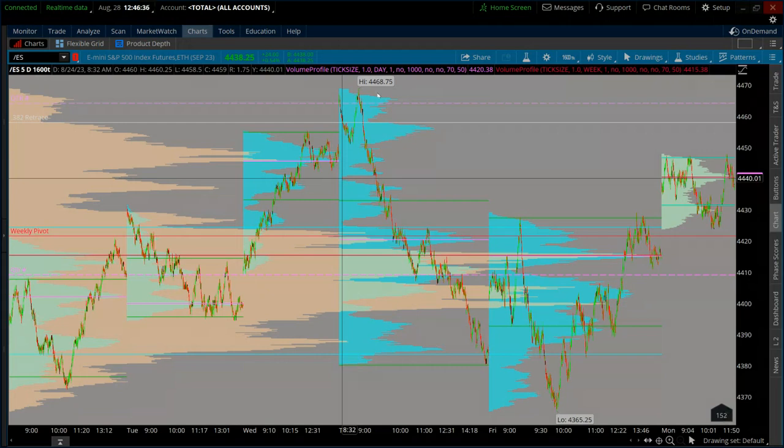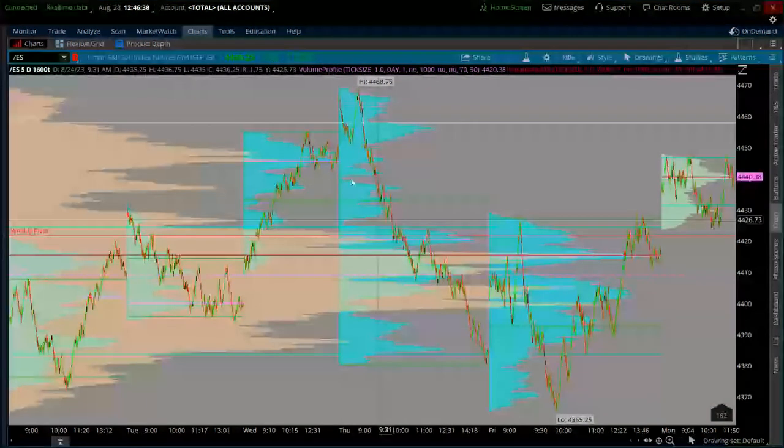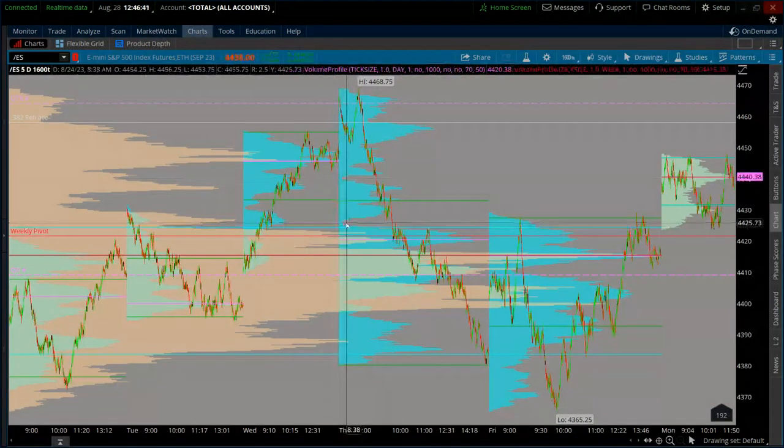But you can see here that price skipped very quickly through that area right there, at which point I would go check a market profile for singles, potential singles at that area, at that level. So I